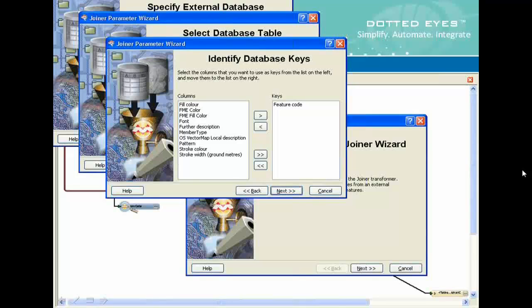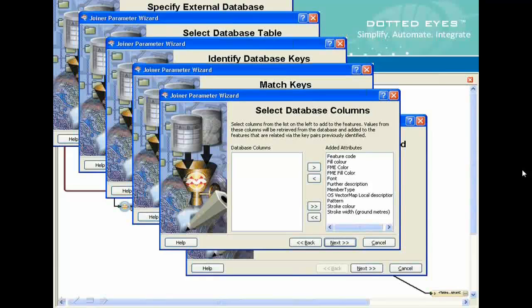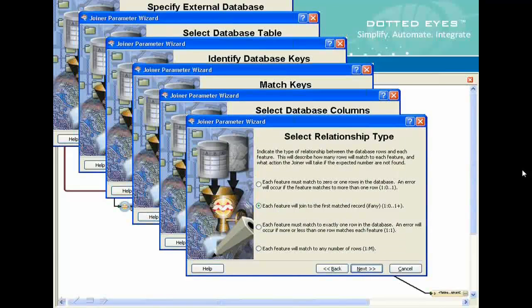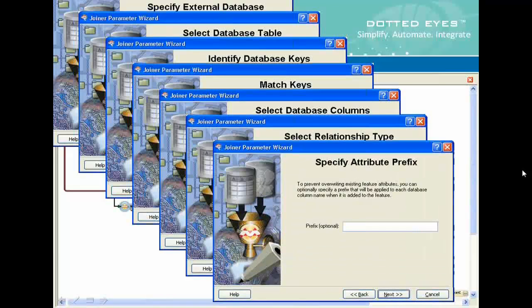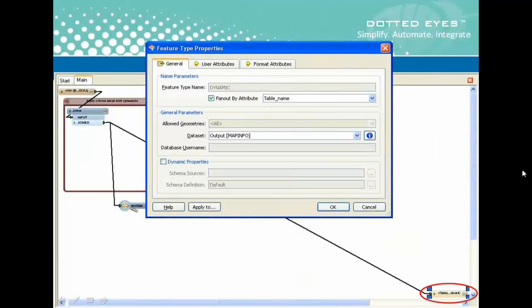Say that the unique key in our data is the feature code, and that's also the name of the foreign key we're going to use to join it to. And then all the other attributes from the spreadsheet will be picked up and attached to each feature. Then I'll just click through by default the other steps in the wizard,